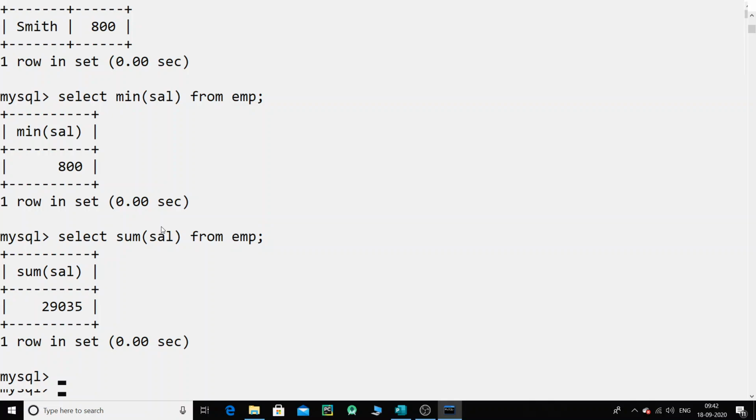Min, max, then we used the sum. And now let us go ahead and check what a group by is. Okay, group by: basically we can apply some of the aggregate functions. Since now we know how to use the aggregate function, we can apply the aggregate functions on a particular group